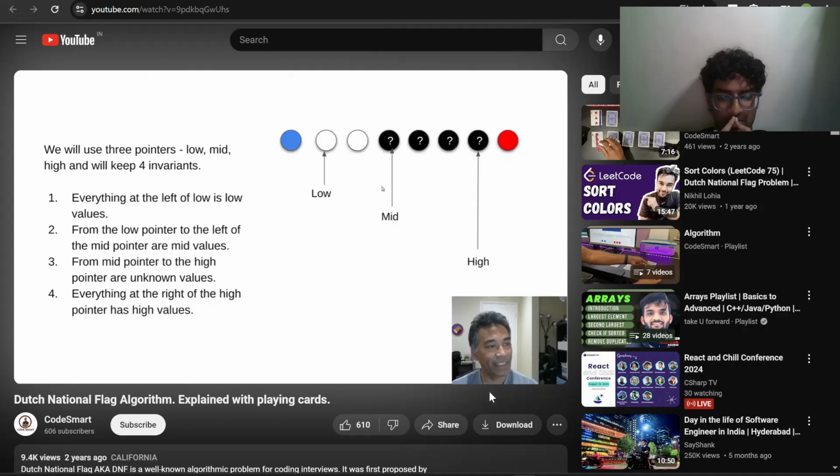And then the mid value, we can say the mid value is the first unknown value. So we'll always reveal this value and try to find out the correct position for it. And again, the high value: everything to the right of the high pointer is a high value. So the high pointer will point to the last unknown value. If you can understand that or remember that, it will help us to write the correct code for this